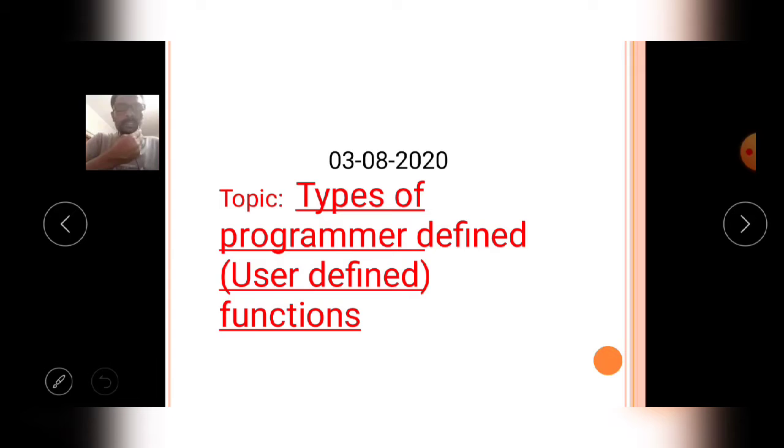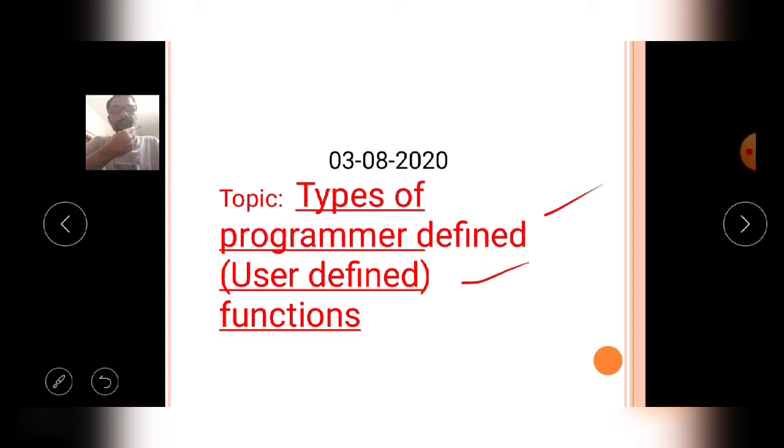Before entering into this topic, I will briefly explain the previous class. Programmer defined functions, generally called user defined functions, means that according to the requirement of the programmer, the programmer can construct functions in the program.